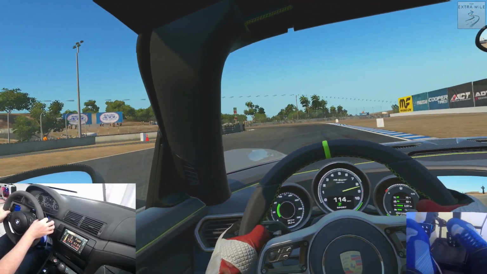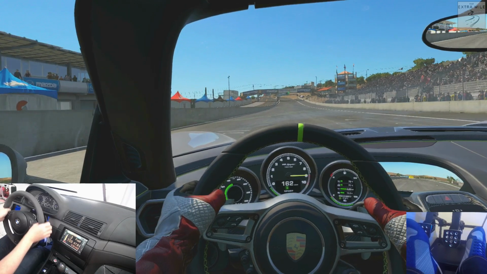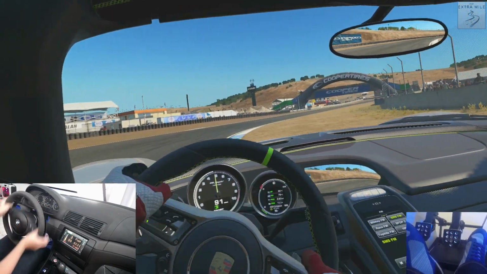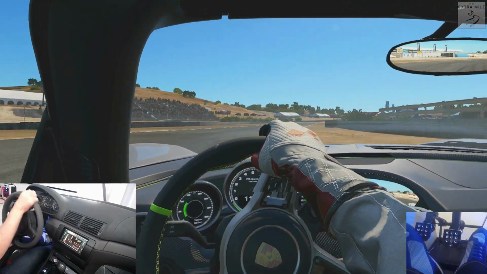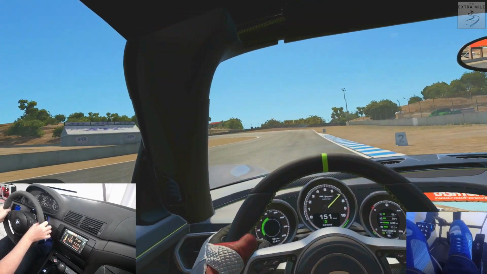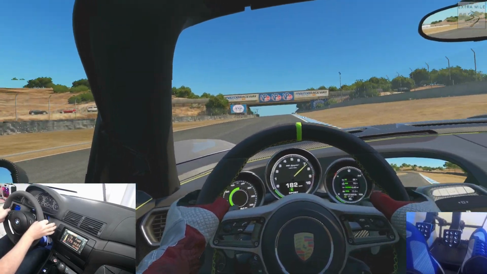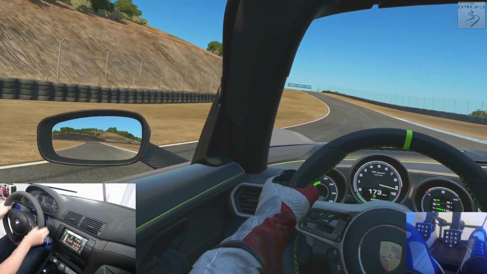Okay, starting to get a little bit more grip now. Whoa! Lots of wheel spin still. Okay, the tires should be warm now, but there's definitely less grip on the rear end of the car. Look at that, that was in third gear. Yeah, this is really interesting. This car definitely feels like a 100% rear-wheel drive car,